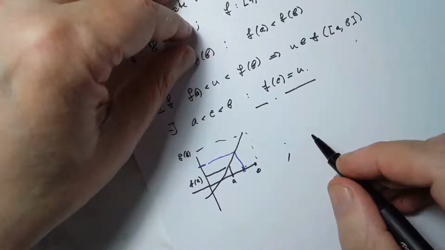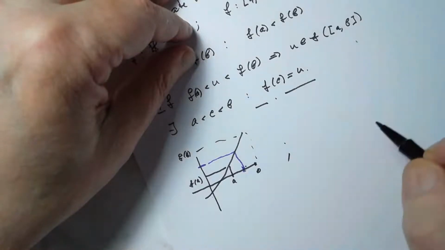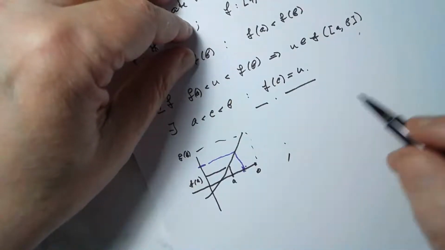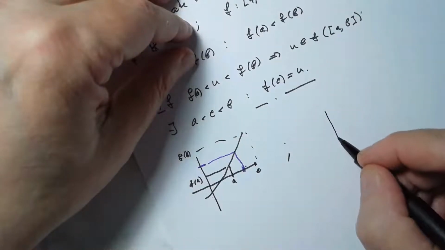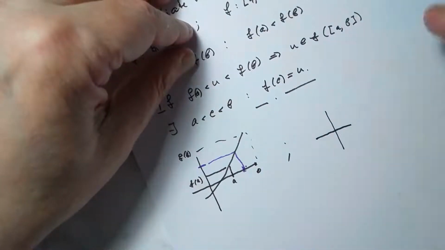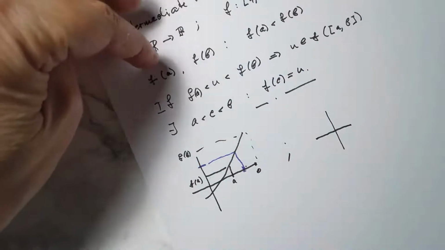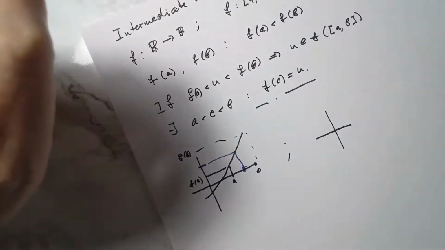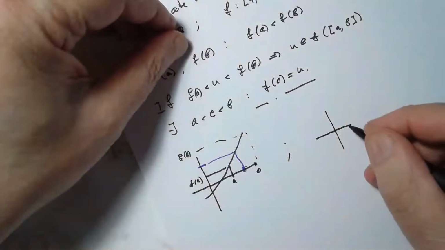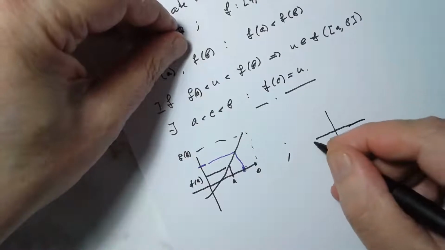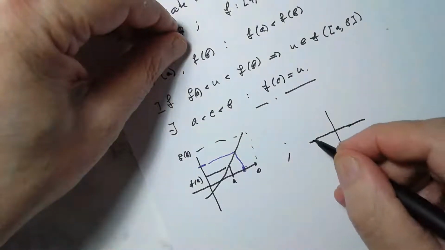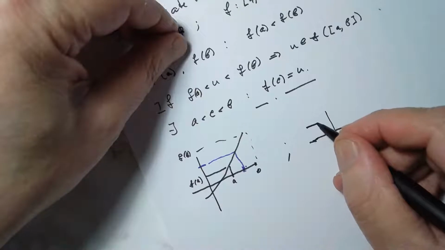And for many years, people believed that this should be a definition of a continuous function. So let's suppose that you take a function that satisfies this intermediate value theorem, then this should be a definition of a continuous function. Well, we should be very careful, because I can have a function like this,